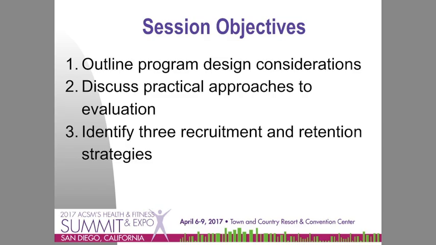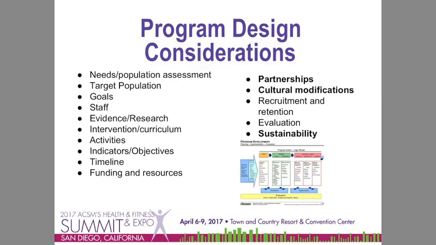So we're going to cover a lot. There's so much to talk about with program design, but we're going to give you an overview so that whether you're in programs or not, you'll have at least a structure to get you started or to improve on the programs that you're already doing. You'll see a whole list, which I'm not going to read through every single one, but on the left, everywhere from starting with a needs assessment to the point where you have a program planned out and now you're looking for funding sources. And then on the right, those are the areas that we're going to focus a little bit more on today because they tend to be the overlooked areas. So we'll get into partnerships, cultural modifications, sustainability, and then we'll also give you an overview on evaluation as well as the recruitment and retention as mentioned.